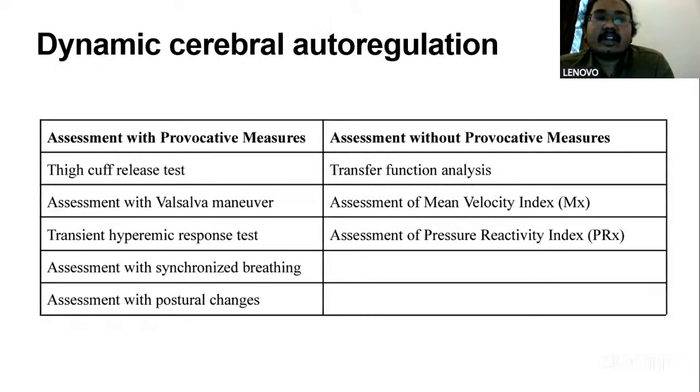We have different dynamic cerebral autoregulation assessments. We can use them with provocative measures, or provocative measures are not required. These are the latest ones: the mean velocity index and the pressure reactivity index. These are the latest ones